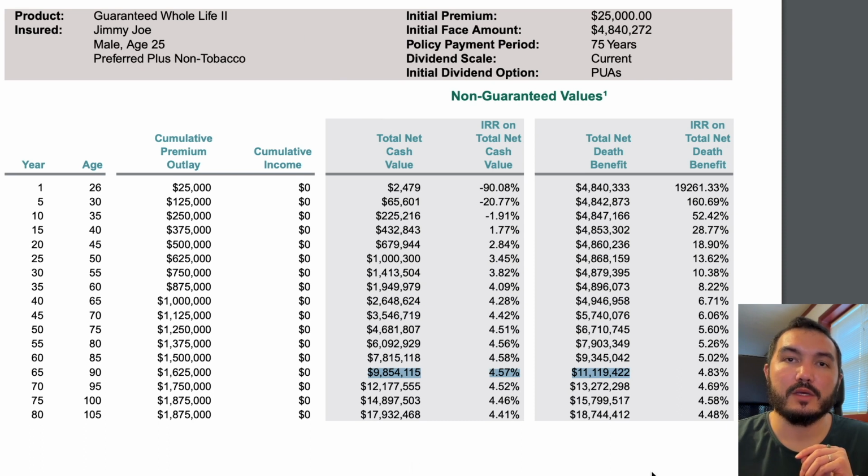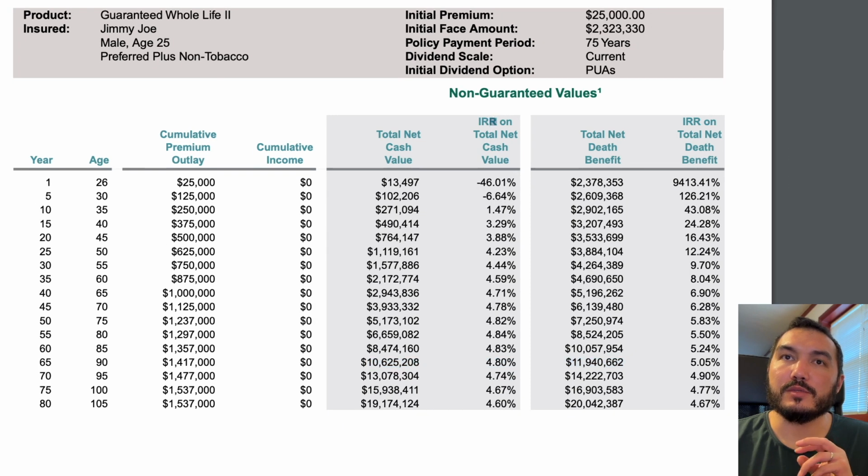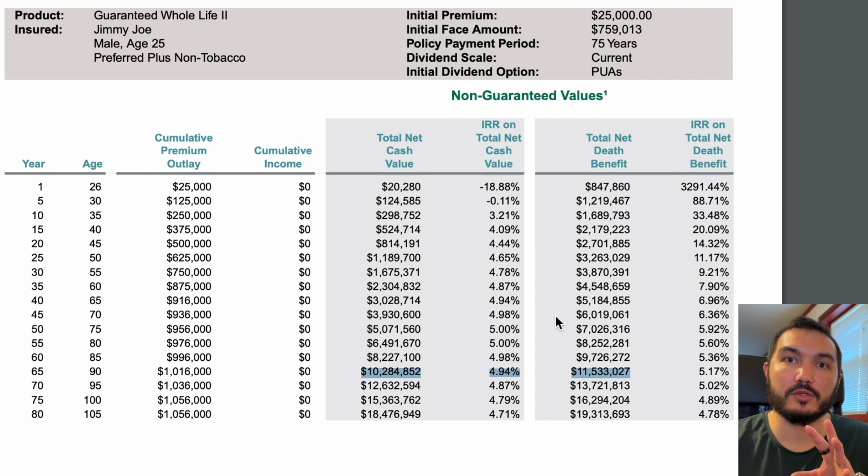So notice that some of the funding levels have weaker internal rates of return over the long term. So that's really all I wanted to show the actual illustration for, to just say this is what these values were pulled from the illustrations, and that's mainly for comparison. So we're really going to talk through the spreadsheet, but before we do that, I do want to discuss whole